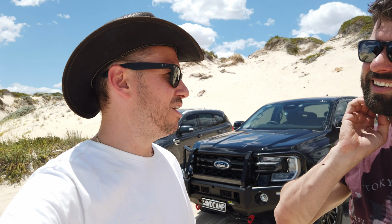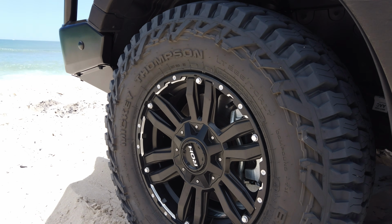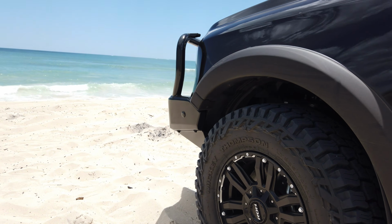So there are a few differences between us. Mine's a V6 and his is the i5 engine. I've got 33-inch, Brett's got 32s. You're running the Falcon Wild Peaks, I'm running the Mickey Thompson Baja Boss. There are a few differences there, but they're both just cruising up on the dunes, aren't they? No worries. It was only when we did that hill climb and the car decided to go into a higher gear